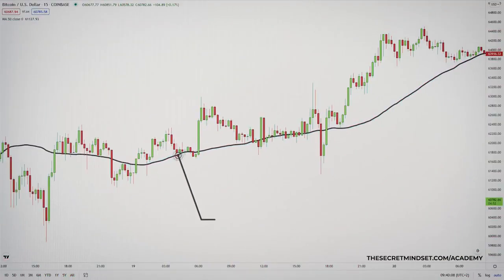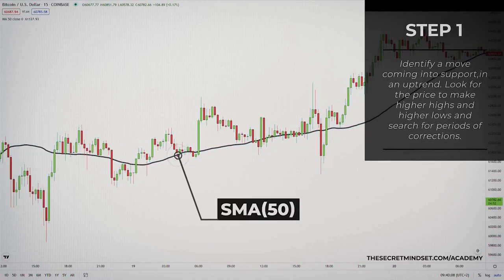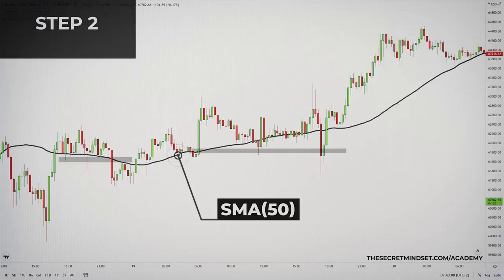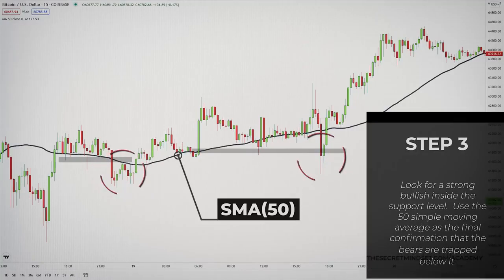We'll use the 50 simple moving average for fading the move. Here's how it works. First, you need to identify a move coming into support, but in an uptrend. So look for the price to make higher highs and higher lows, and search for periods of corrections. You look for a breakout below support to trap the novice breakout traders. Then, you look for a strong bullish move